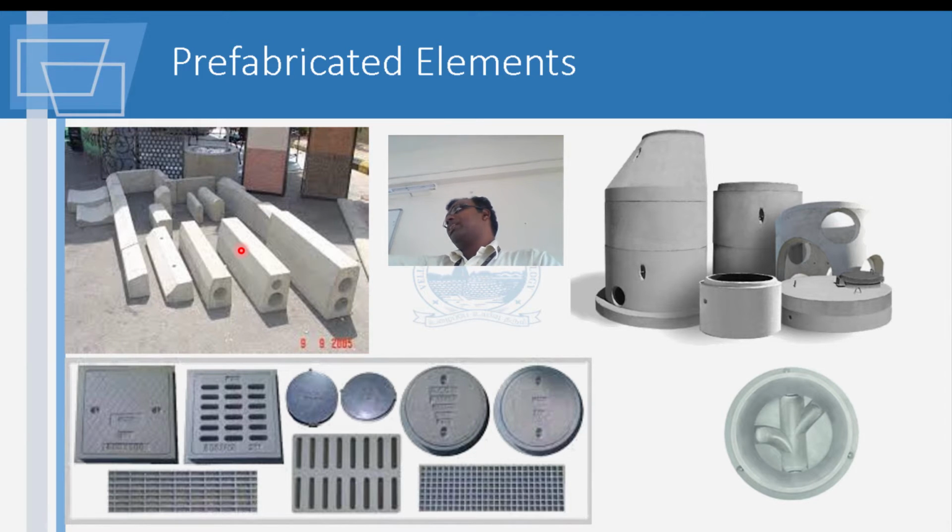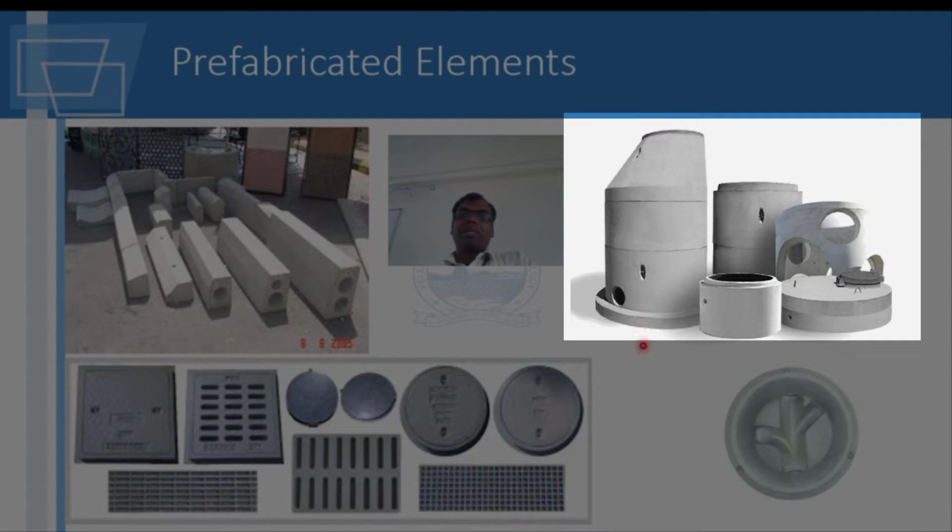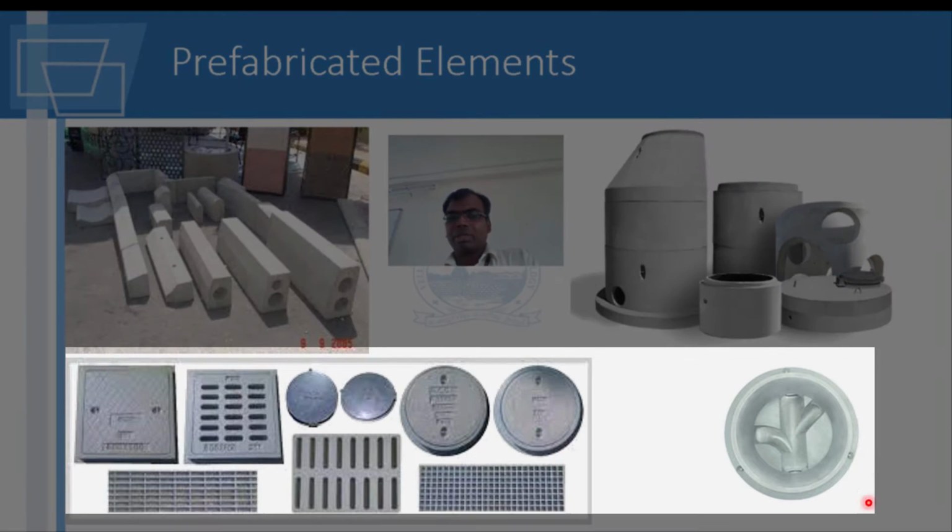So typically what happens, you will find that when you are prefabricating, you can in fact start the actual forming of the elements much before the date when you are actually going to place it in position. So actually there's a lot of savings in time. These are some drainage structures. Okay, this is a typical manhole which we have. So these are the manhole covers we are talking about.